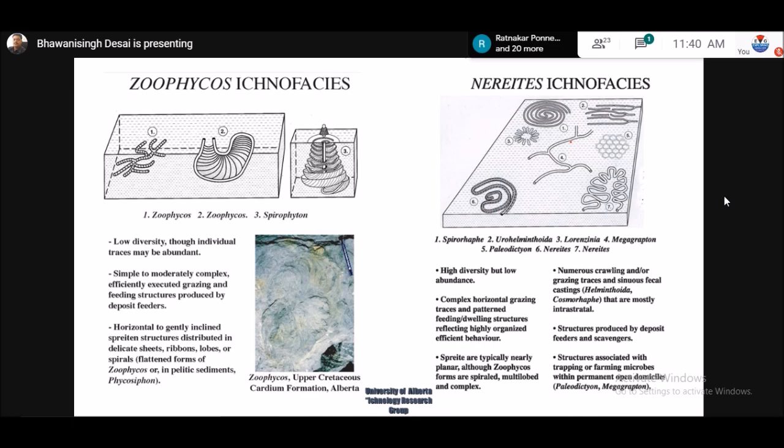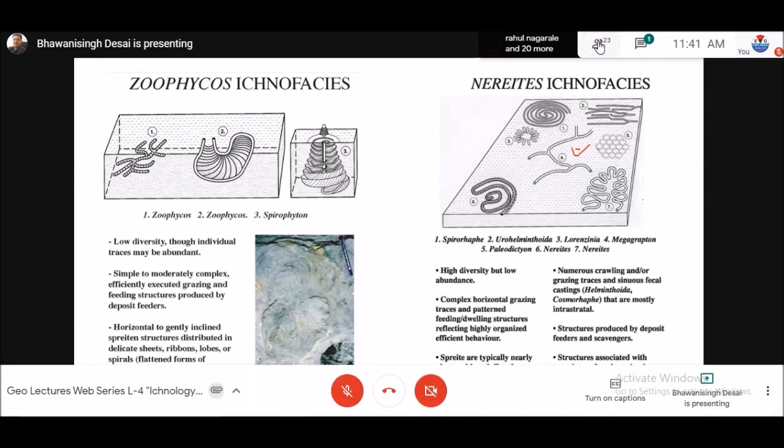And then in a deeper environment, especially a turbidite or deep sea environment, you will have this complex geometry of trace fossils. Now one may ask, why so complex? The complexity is because they have adopted different strategies to exploit limited resources. Imagine 3 kilometers deep in the sea: light is less, pressure is more, and organic matter is very minimal. Hardly some percent organic matter is there.